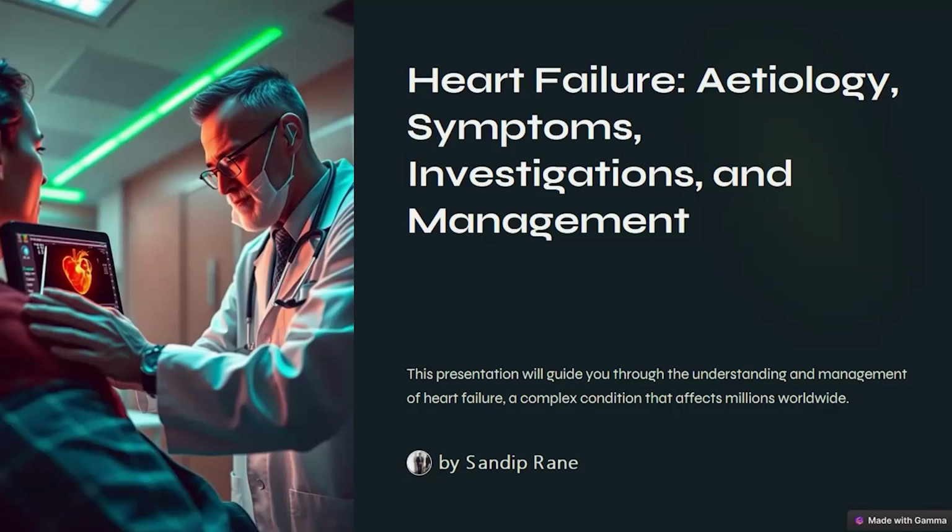And the fourth is HSCRP. If HSCRP is elevated, it tells us that this patient is likely to have a systemic infection, which is presenting to you as breathlessness. So please remember that if a patient comes to you with breathlessness, these four investigations form the basis of trying to rule out the etiology of breathlessness.